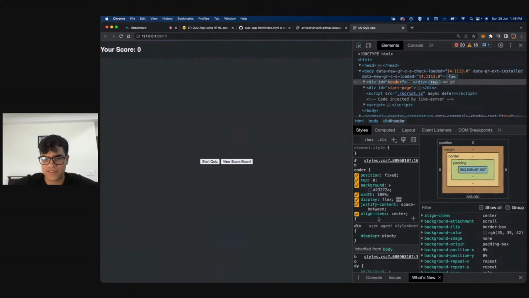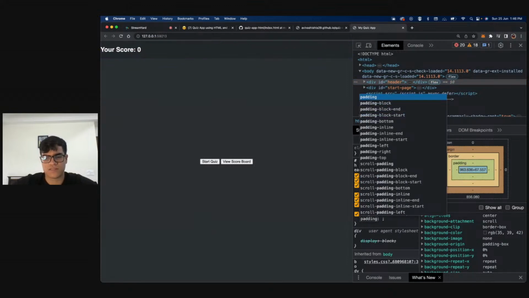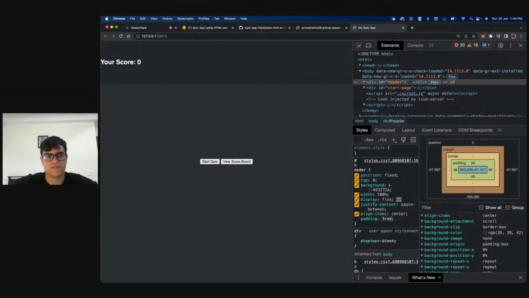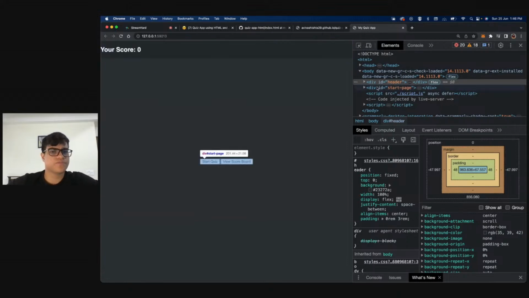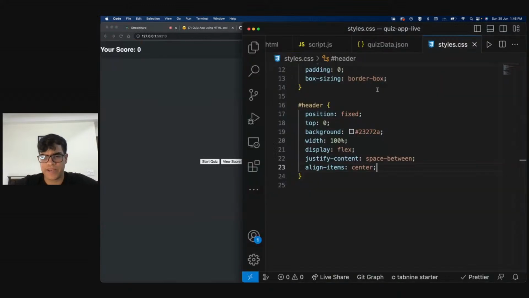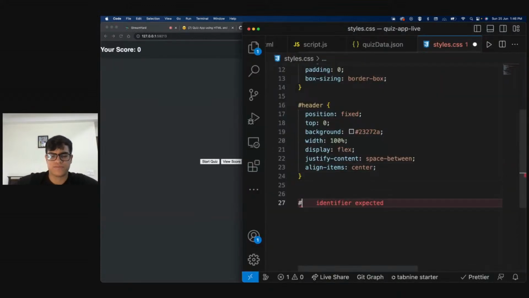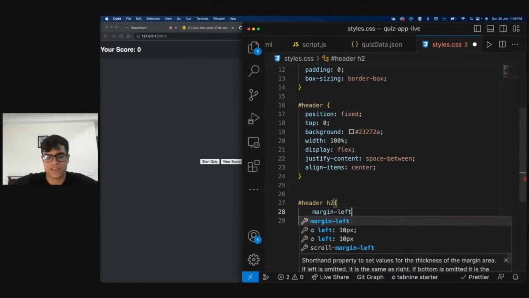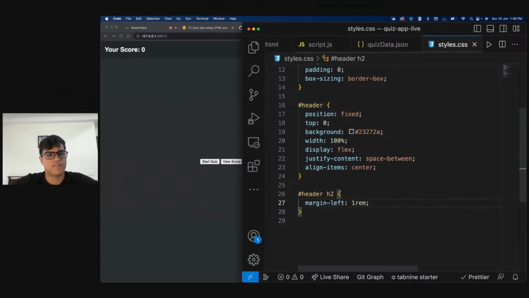So inside of this, hmm, that is a bit strange. I can give my H2 a padding then, or to this I can just give a margin left, right? Great.